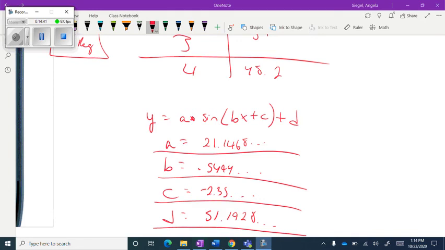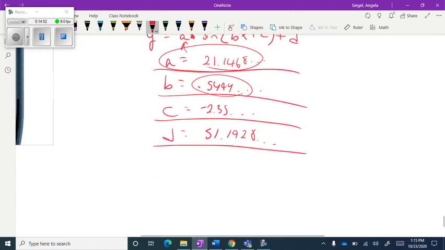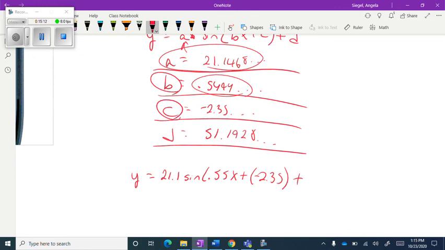Okay, I just wrote down the numbers that I'm seeing, and what this means is we're going to substitute A and B up here. Our final equation is y equals 1.1 sine 0.55 x plus negative 2.35, and then plus